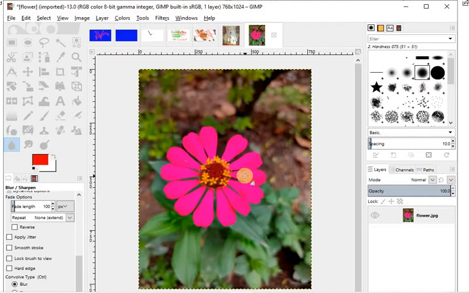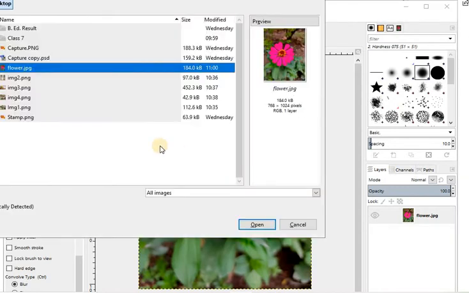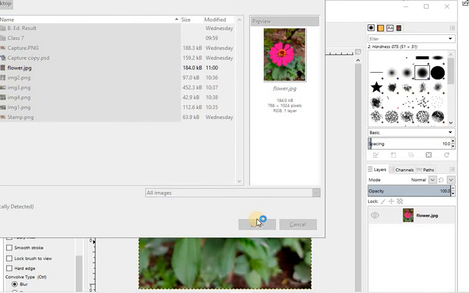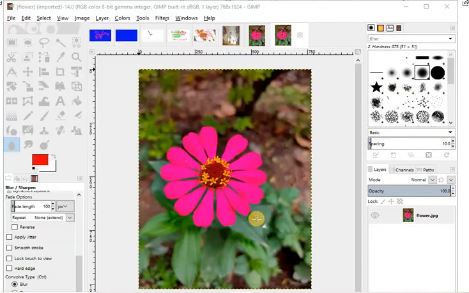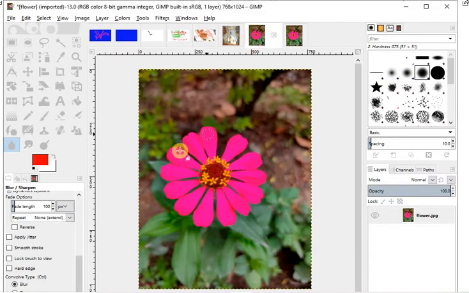I think it is clearly a different view of this image. Just to make it clear, I am adding one more copy of the same image. See, this is the original image, and this is the image on which we perform the blur. Here we are performing the blur operation, and this is the blurred portion. This is the original image and this is the image after the blur. Pressing Control Z also shows you the difference. So I think it is very clear to you all.